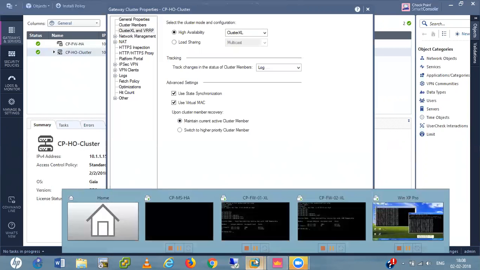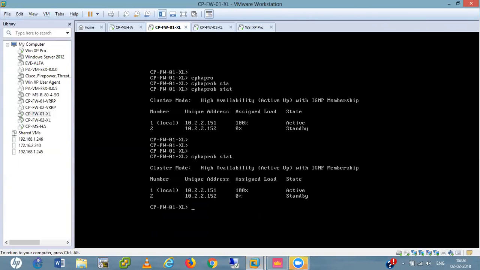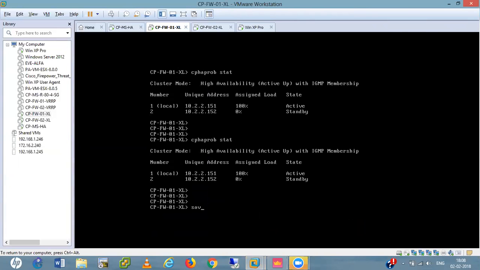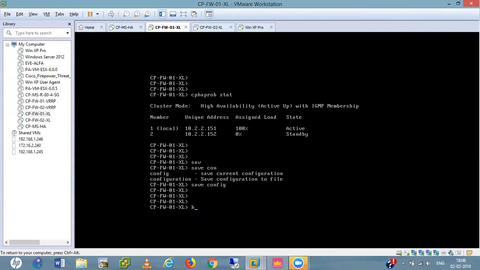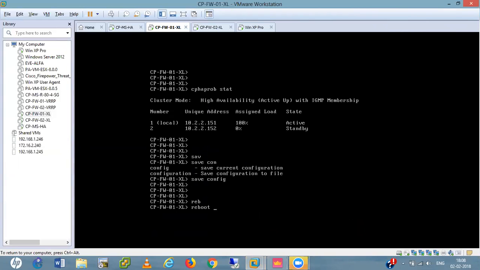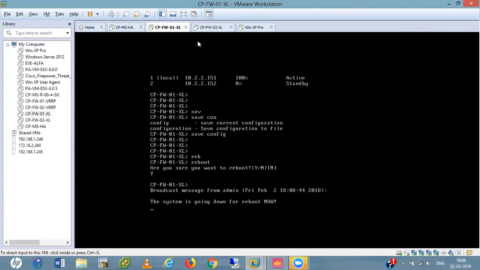Means if I shut down this one, right? This is my active device right now. So I run the command save config and I just reboot this device. So it is starting to reboot.